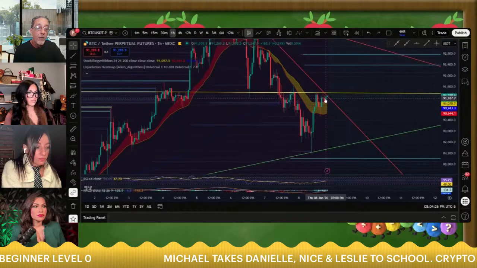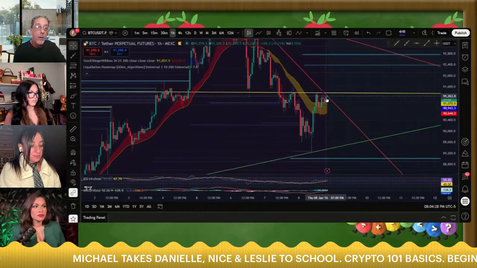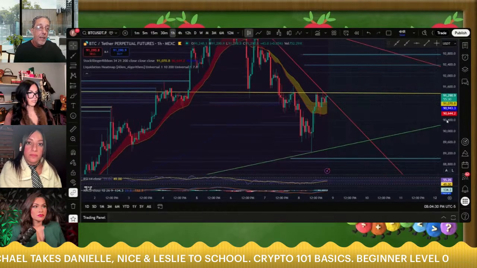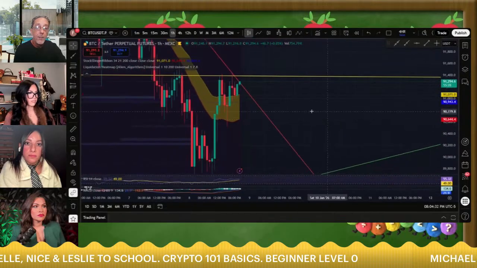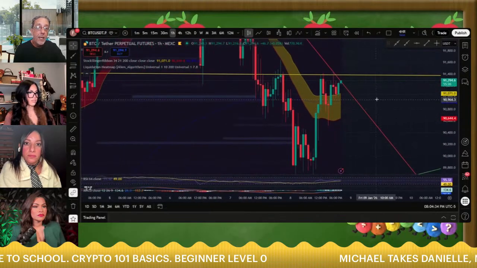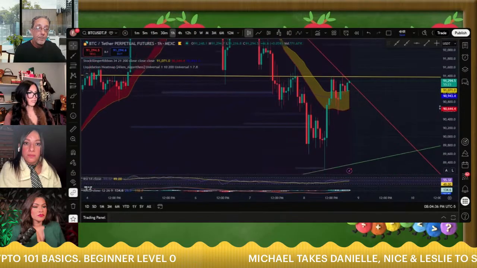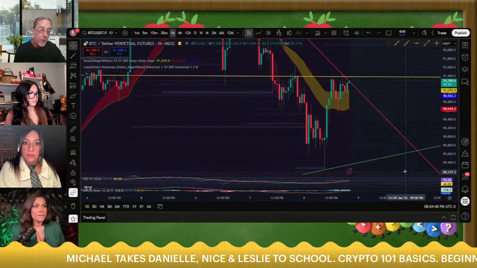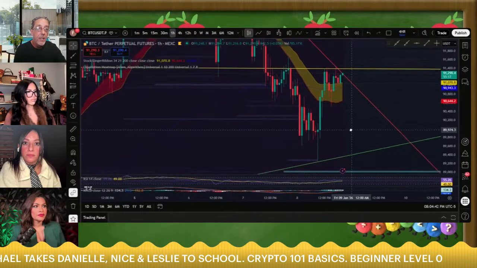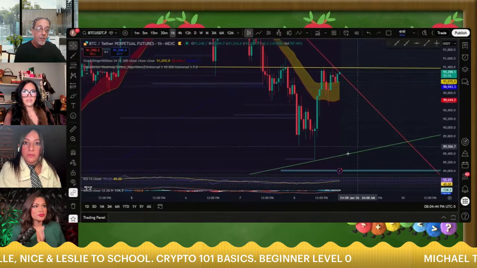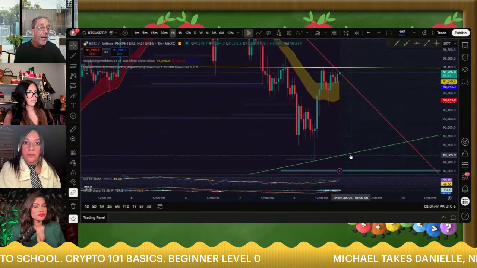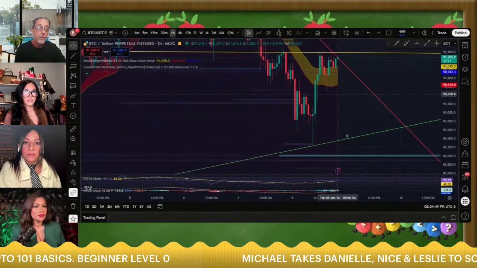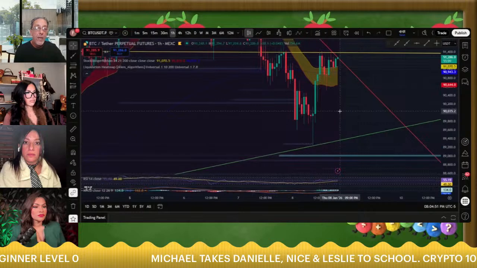You can cross over this downtrend line and go up, or it can get rejected like we saw it did initially, and then come all the way back down and bounce, and then boom, hit this support line and see if it's actually going to hold. And if it doesn't, then this support line goes away and price comes down.